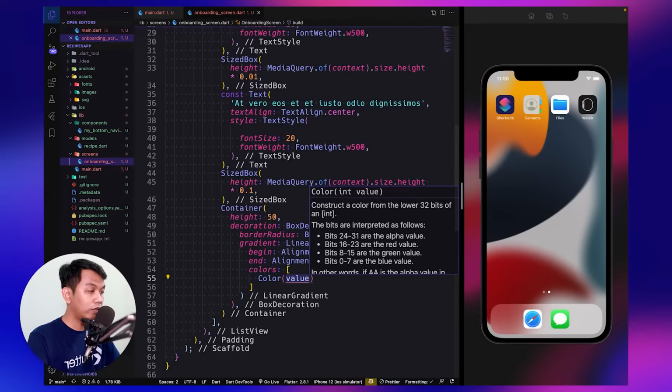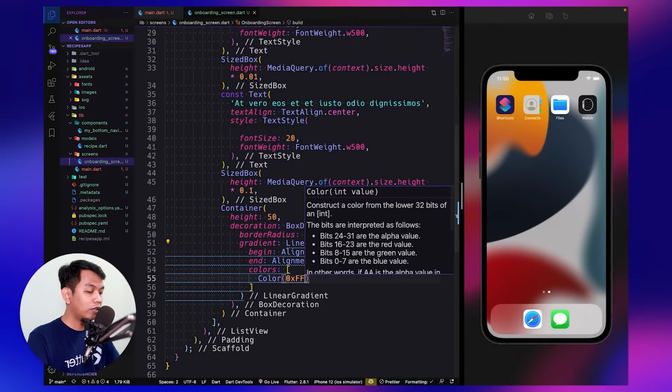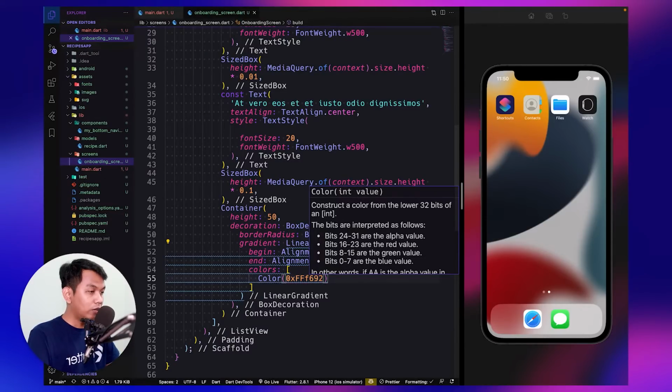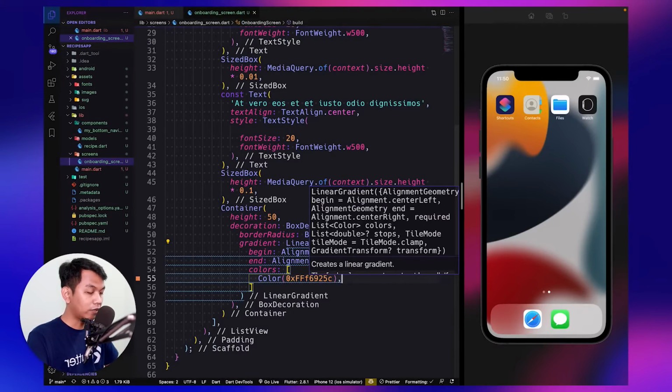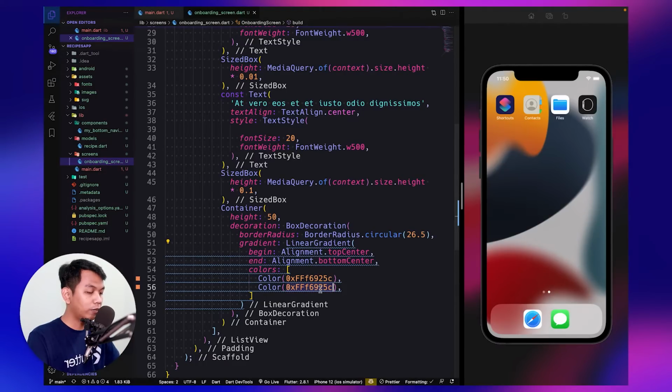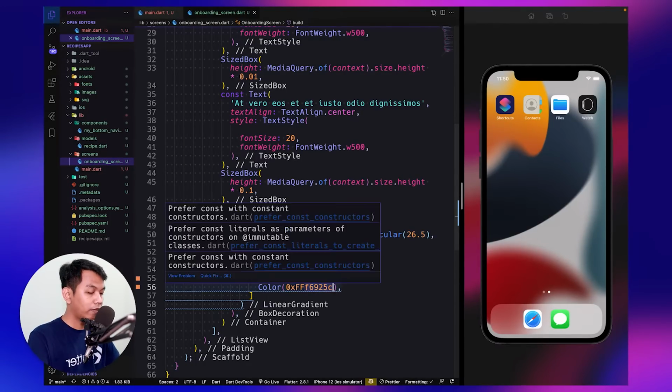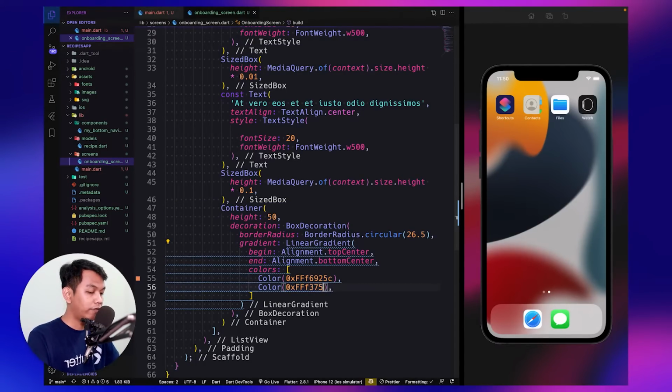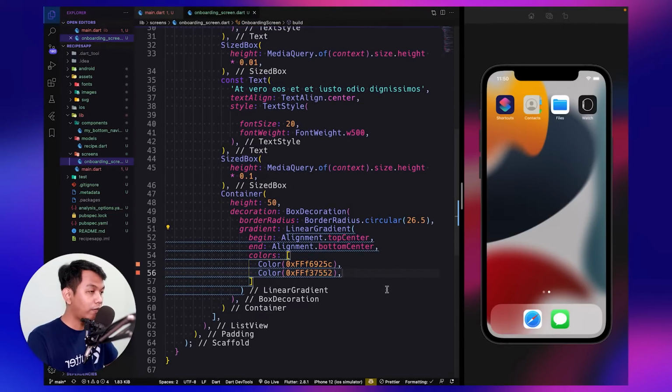So the first color is 0xfff692.5c, and just copy this, paste here, and change this color to f37552. You can see from the design.